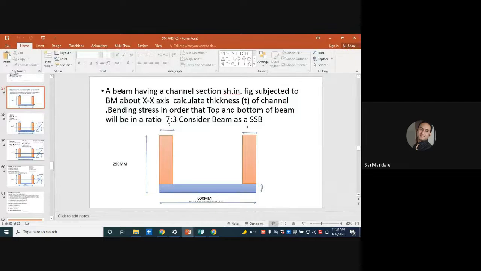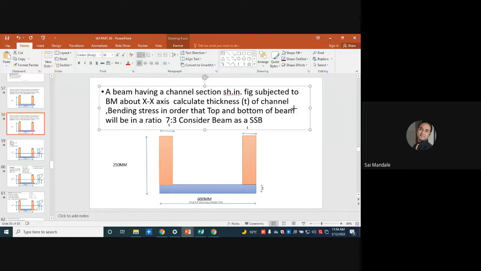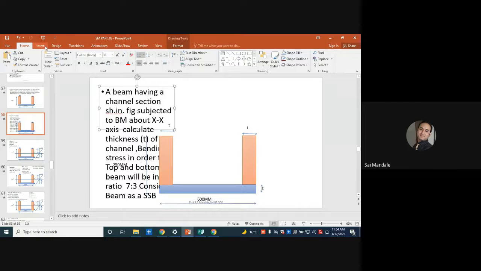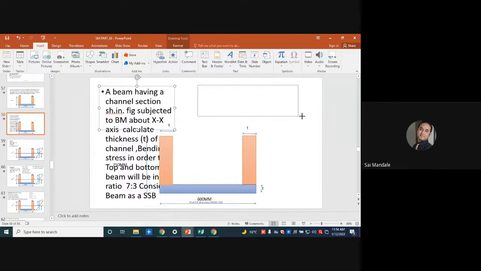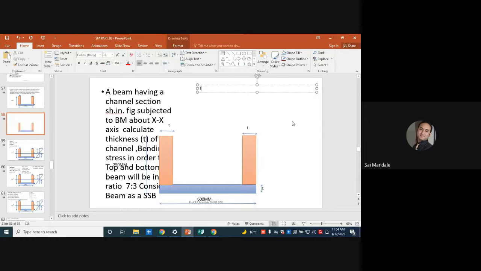So yesterday's numerical: the beam having the channel section is subjected to bending moment about the x-axis. Calculate the thickness. So T is to be identified. Okay, let me duplicate the slide. Let me put what is to be found: T is equal to question mark. Calculate the thickness of